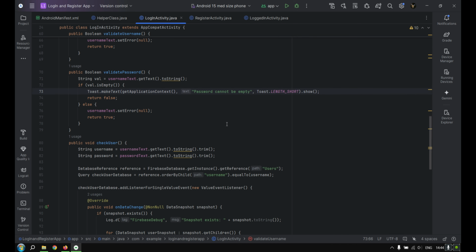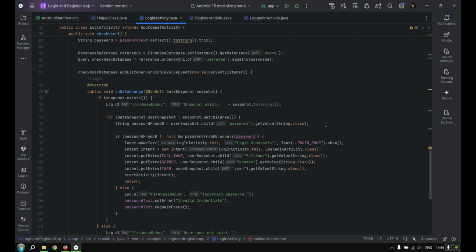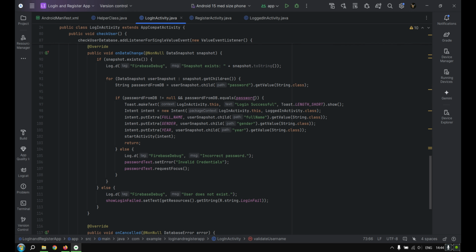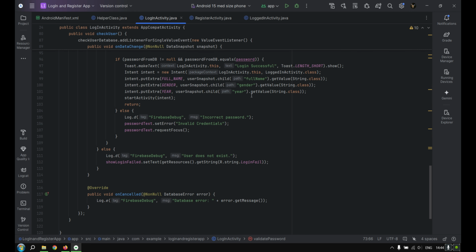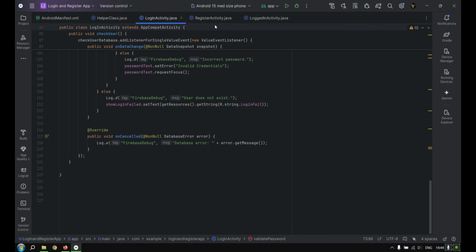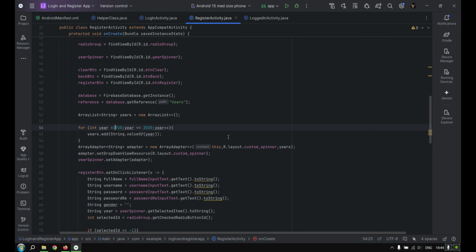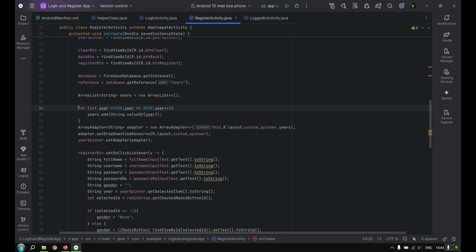If I write any data, check if the data exists, and if it does, log me in. If it doesn't, throw an error. In the register activity, what I have is basically a small array for the spinner that traverses through the years from